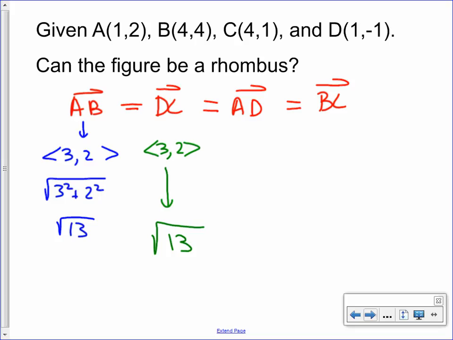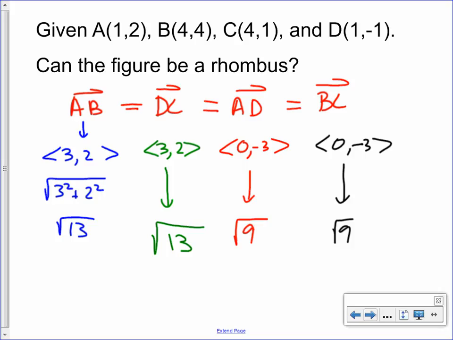But AD would have a different one. So what would AD be? 0, negative 3. So this would just be the square root of 9, which is 3. That's not right. And I can stop there, but obviously this should also be 0, negative 3, which is the square root of